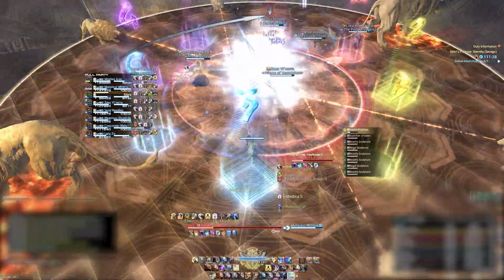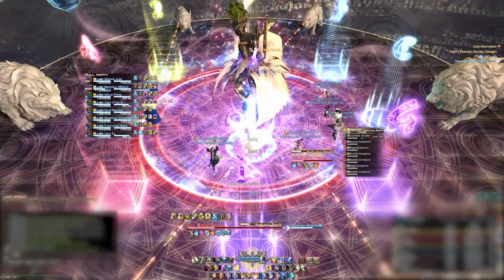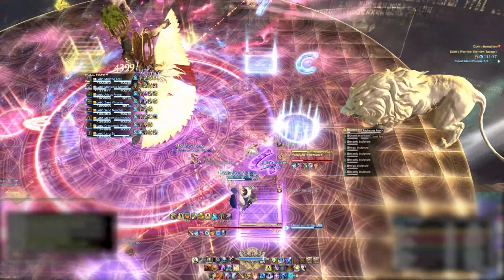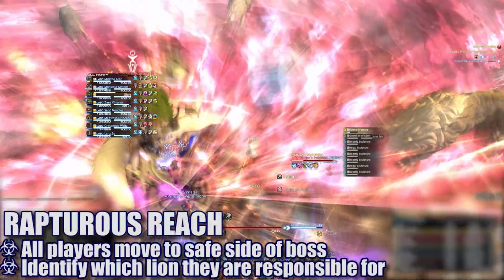Obviously, this is a lot to process all at once, so let's break it down. As soon as the lions appear, the tethers will go out and players will know what responsibility they each have. Non-tethered players will be handling the big lion breaths, while the tethered players will handle the lion they are currently tethered to. The boss will cast Rapturous Reach, and all players will first need to move into the safe side